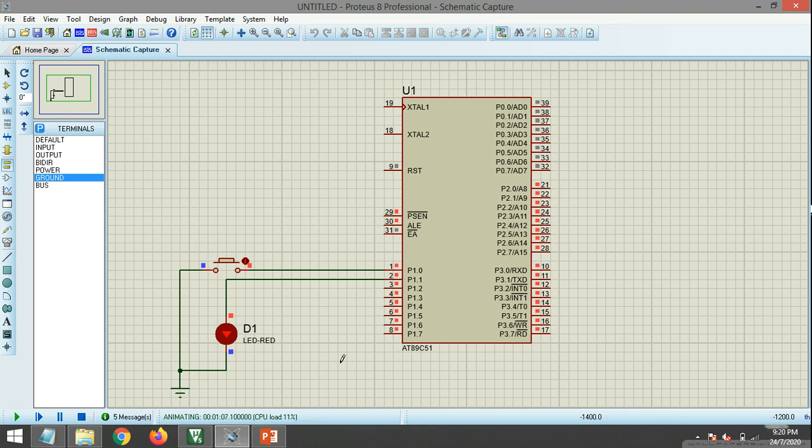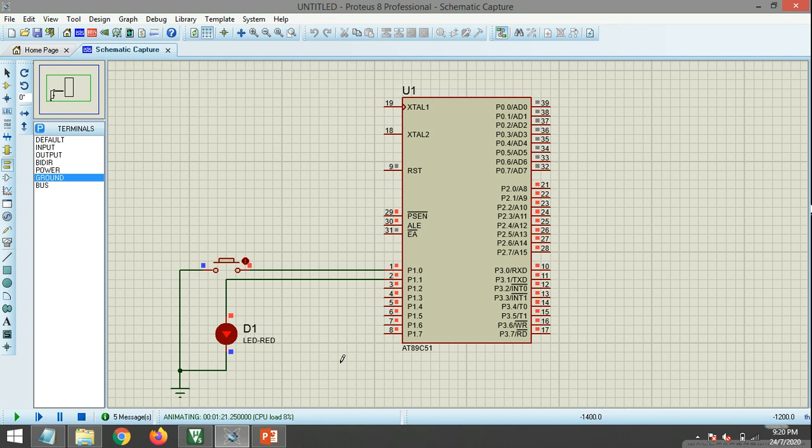So I will not be providing the code for all the labs, but the codes are usually very simple. The things that you study in the theory, these are the things that you perform in the lab.